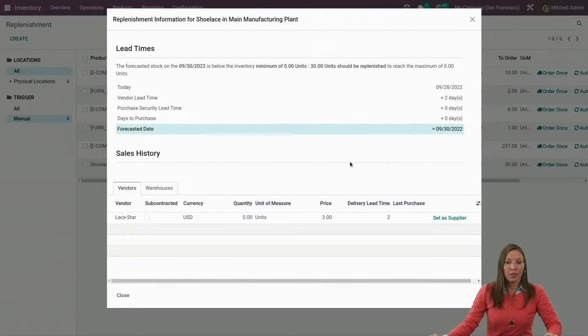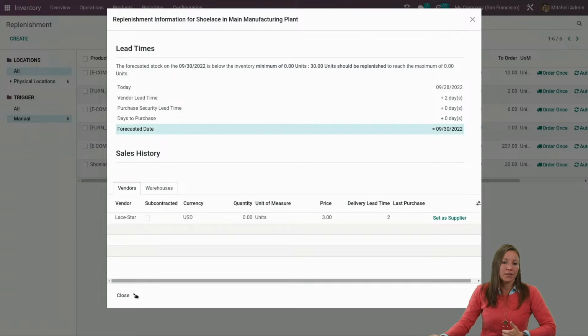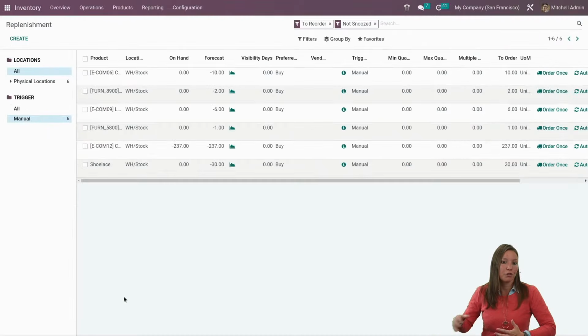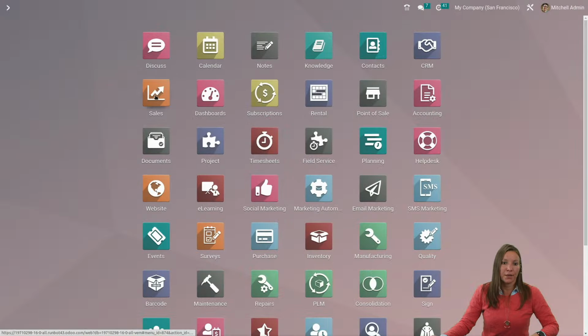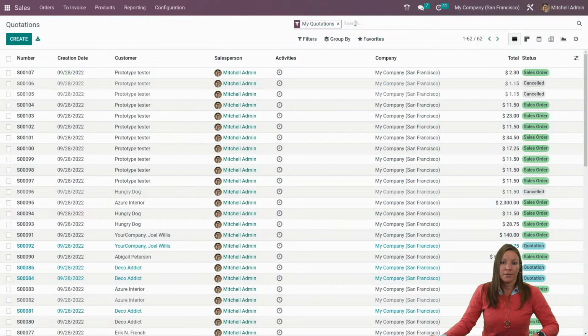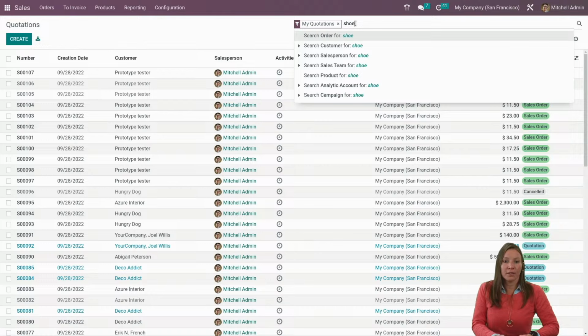So if I'm checking my iMenu, I can see that I have 2 days of vendor lead time. But I'm very happy with that, don't get me wrong. It's a very quick supplier, but sometimes I want to look a bit further and see how much demand I have in more than 2 days' time. So the forecast is 30 right now, but if I go to my sales orders and filter to my shoelaces,